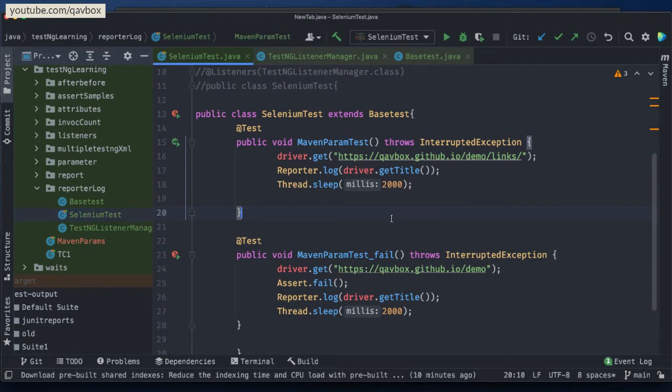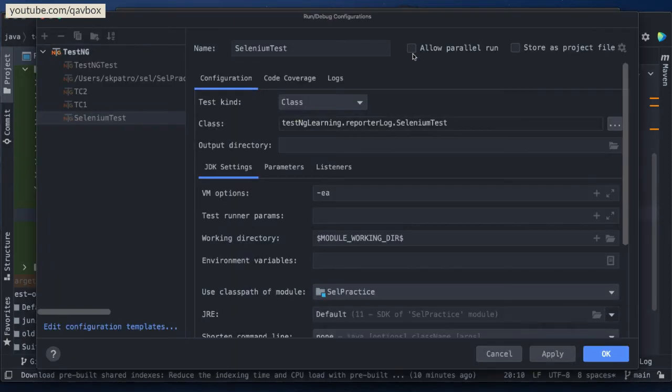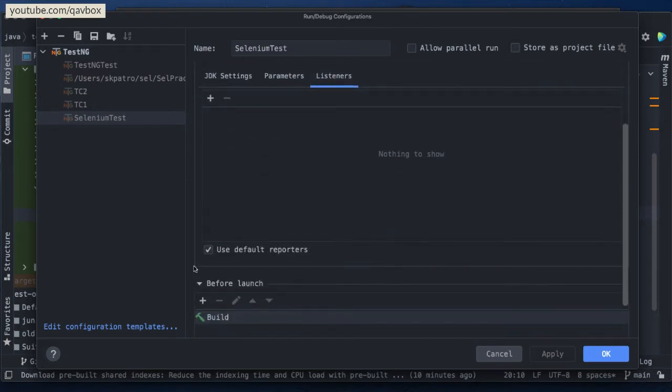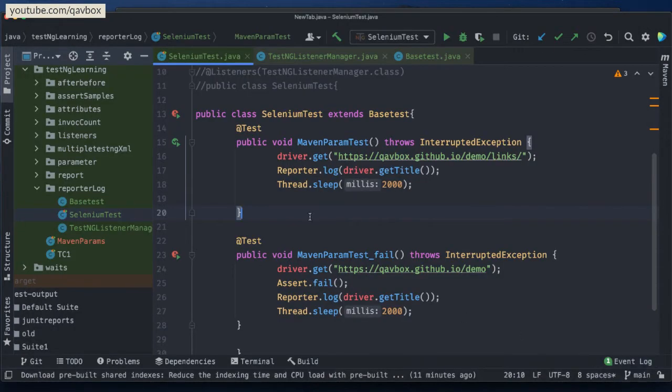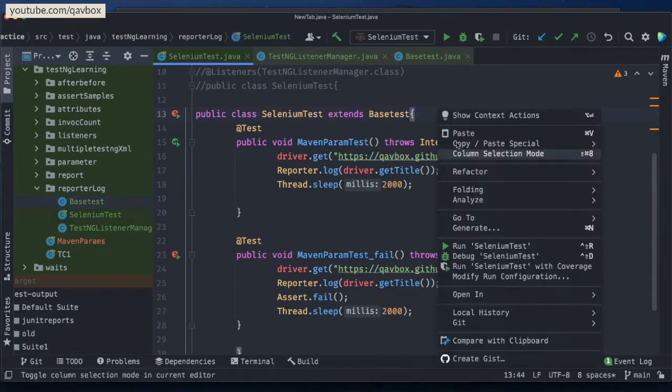Okay. So let me do the first thing. Whenever you are running any test case and you are going to see your HTML report, I would suggest you go to the edit configuration, whether it is Eclipse or IntelliJ, because the HTML report will not be generated until you do this manual step. There is no automatic way of doing this. So go to the edit configuration, go to the listeners, scroll down, and check the check mark, use default reporter. Then the HTML report, whether it is the emailable report or the index.html file, will be generated inside your test-output folder so that you can verify the details. Click on apply. Okay, that's it. You just need to do this one. So let me execute this one.